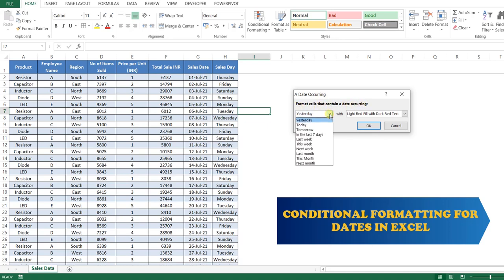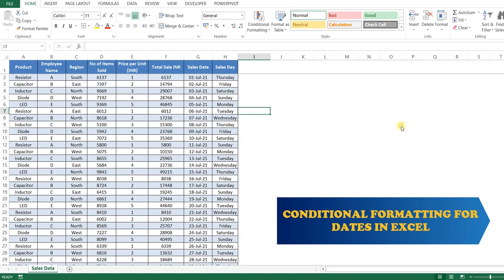If we click on this drop down button, we can see various options: we can highlight yesterday's date, today's date, tomorrow's date, the last 7 days, or the dates from last week, this week, next week, or the dates from last month, this month, or next month.